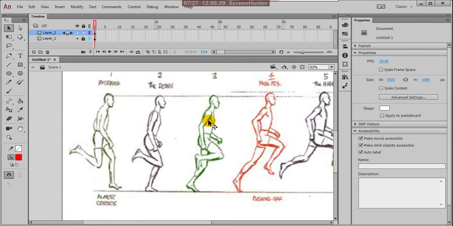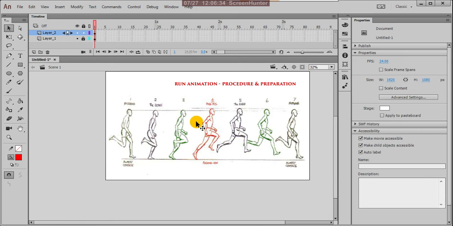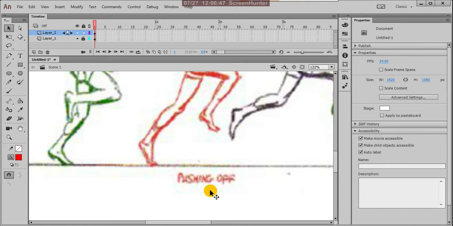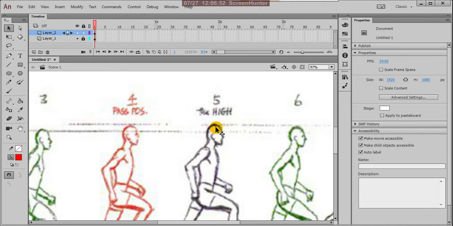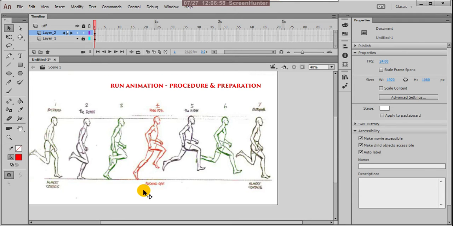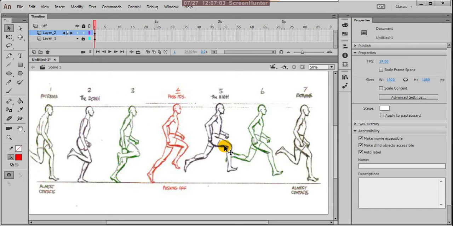Next, this is an in-between pose. For the time being, don't look at these green poses. After this down pose, come directly to the passing position. This is the passing position. Here it is pushing off, you are going to take a step.